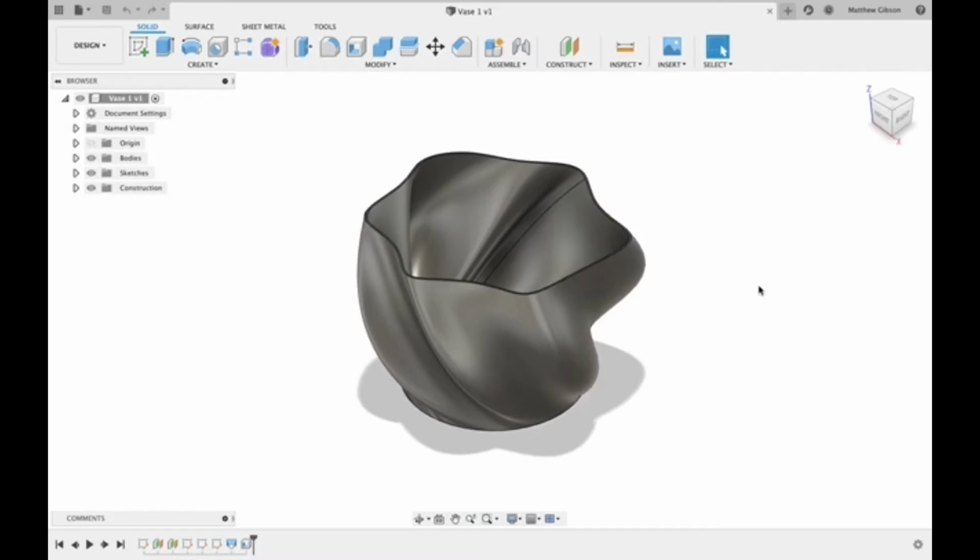In this episode, I'm going to show you how to navigate around your 3D objects and models in Fusion. So, once you've opened up Fusion 360, the first thing you're going to do, that I'm going to demonstrate on this vase model,